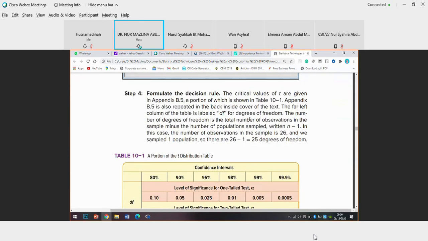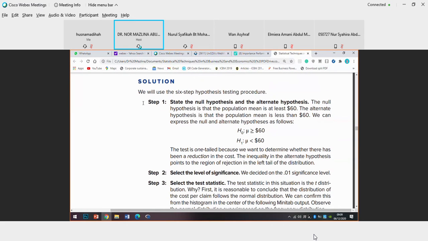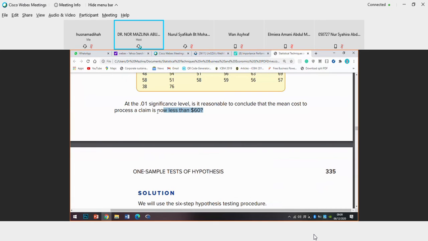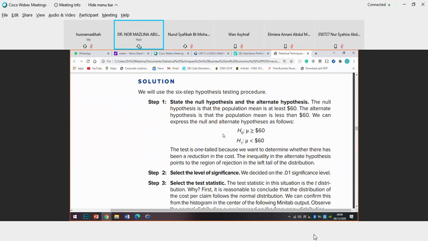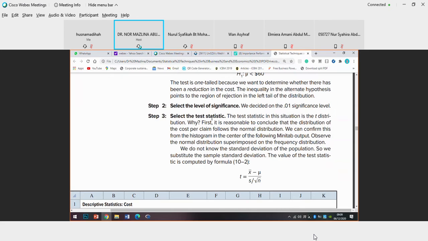Okay, now, value tu awak keep dulu sebab awak kena buat step 1 H0 H1. Jadi H0 H1 ni kita dah bincang tadi, iaitu H1 mestilah apa yang awak nak test, less than 60. So H1 is mu less than 60. Okay, and significance level you already decided at 0.01. And when you want to select test statistic,